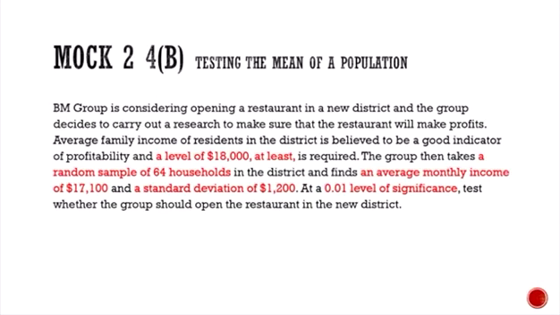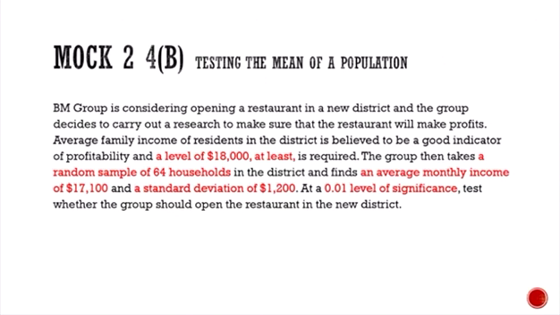I'm going to talk about question 4b in Mod 2. We need to test the mean of a population. From the question, we get the information that the sample size is 64 households. The average monthly income is $70,100, and the standard deviation is $1,200. We need to test whether the average family income is more than $80,000 or not at the 0.01